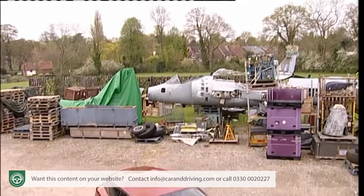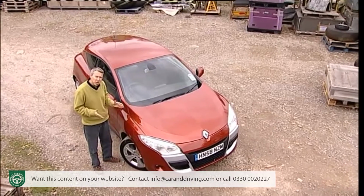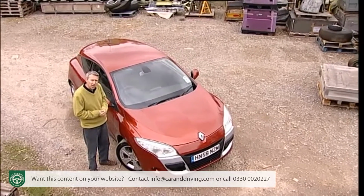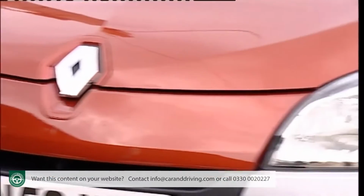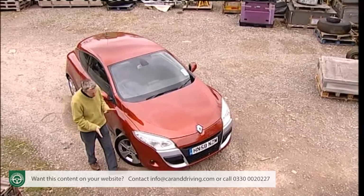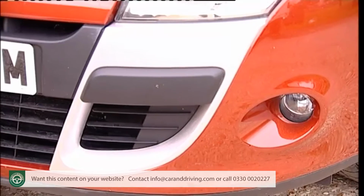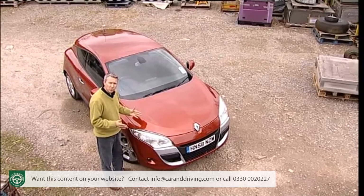Renault's initial ad campaign for this model centred solely on its looks, and though the shape doesn't work from all angles, it's certainly an arresting one. Now, only the bonnet, the front wings and the headlamps are carried forward from the Megane five-door, and the brushed metal treatment here at the front ensures that this car could never be confused for a five-door variant in a